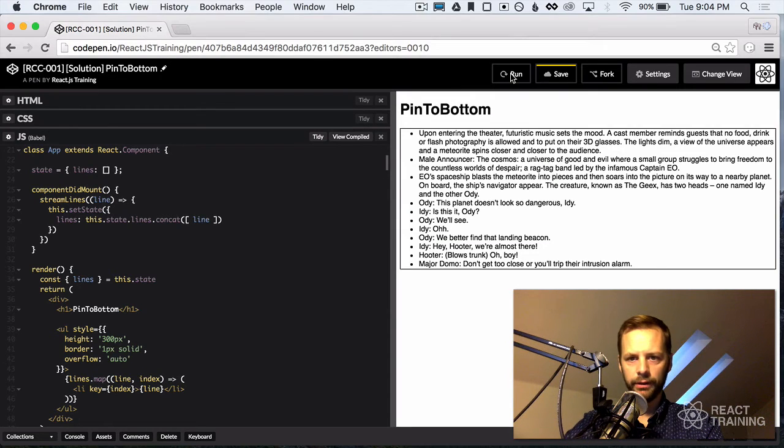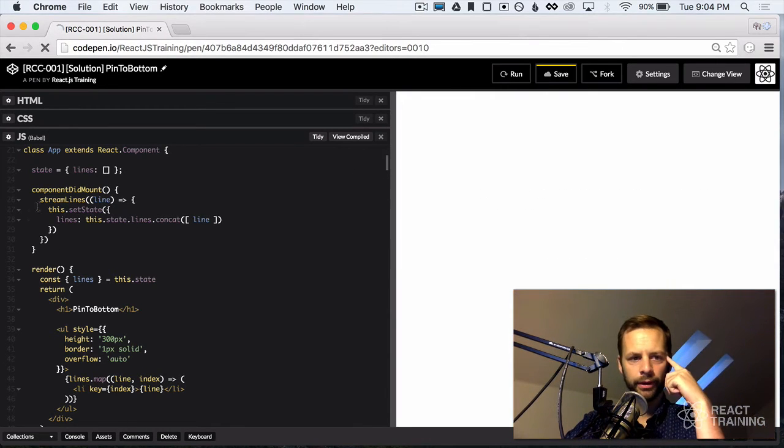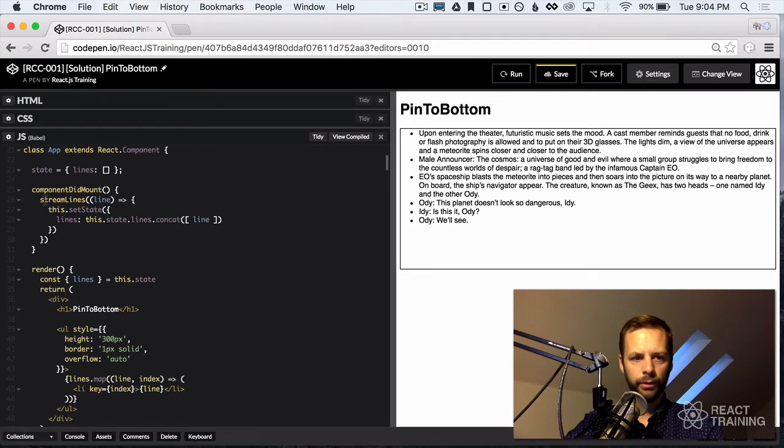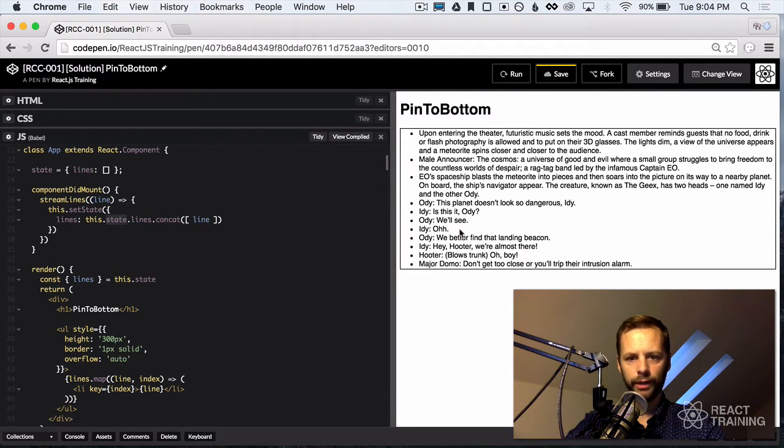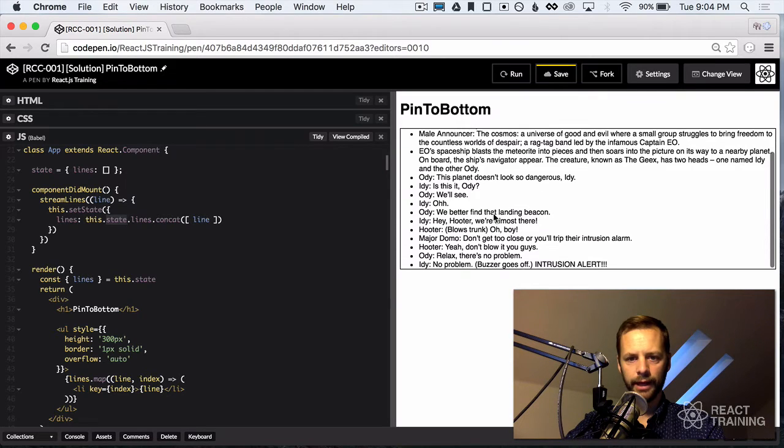So we're trying to do this pin to bottom thing. If we look at our app, we've got a component mount. We're going to stream some lines in here, set our state. Every single time we set state, we add a new line. And you can see over here, lines are being added to this